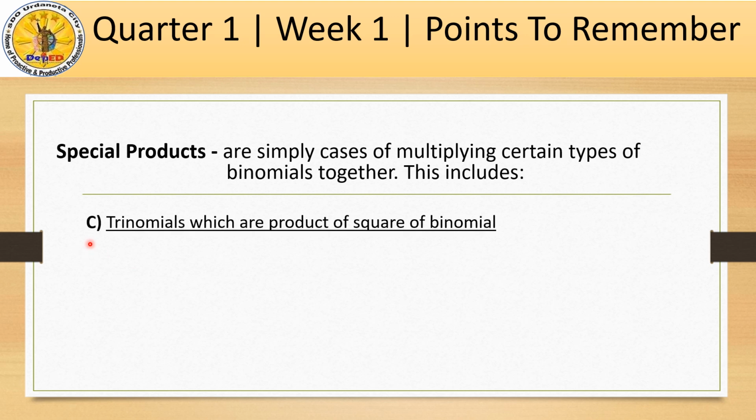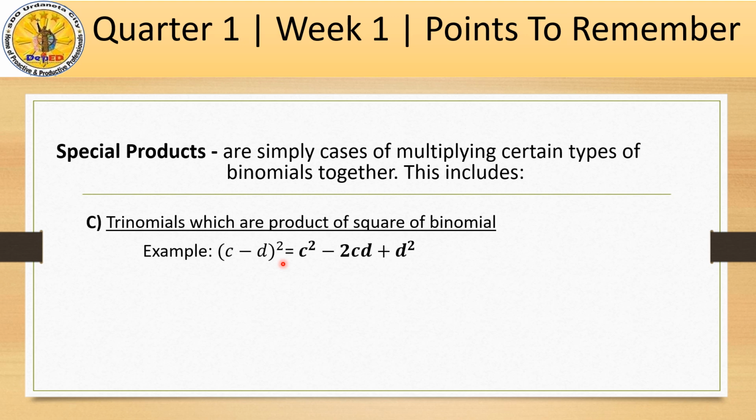Okay, letter C. Trinomials which are product of square of binomial. Example, the quantity c minus d, closed quantity, square. Meaning to say, we are going to multiply c minus d by itself. So, the product will be,